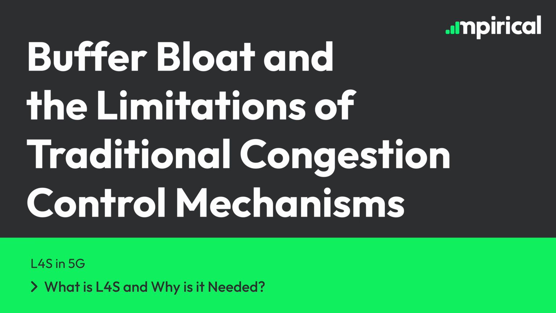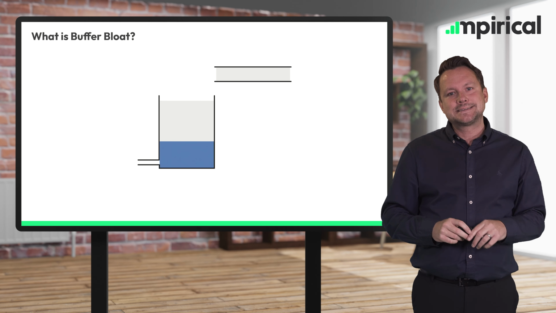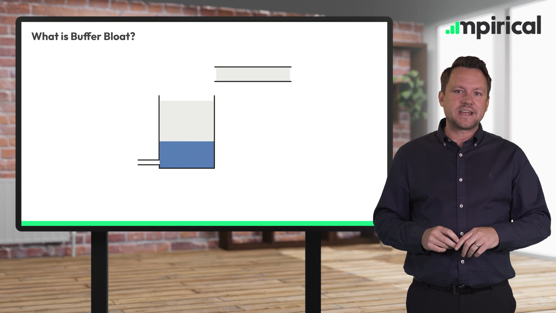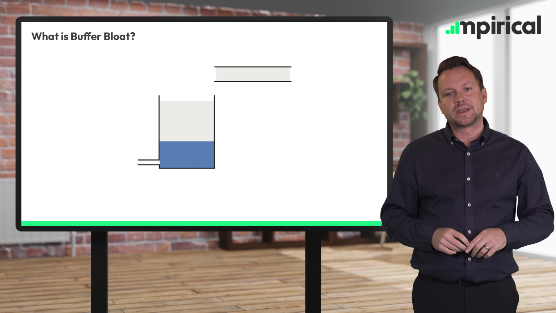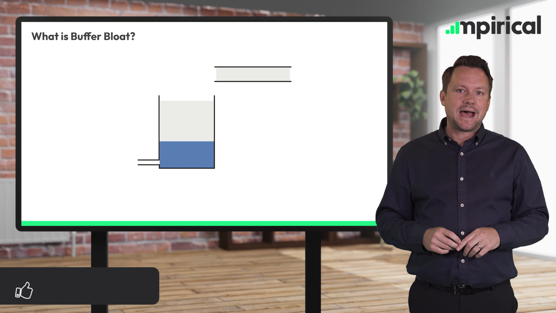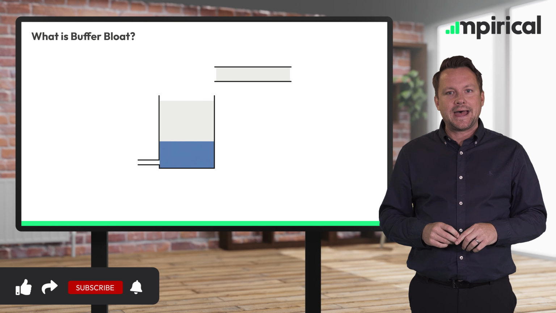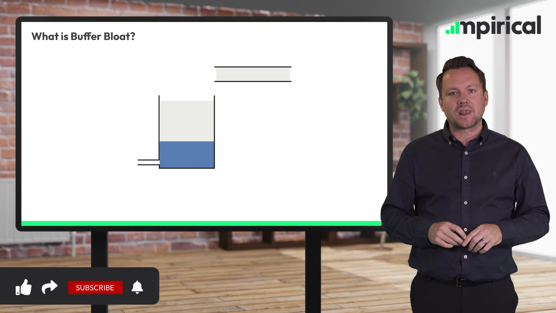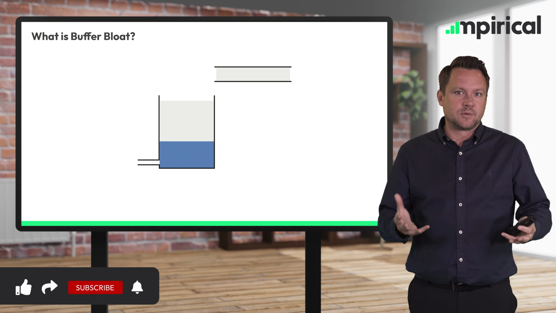Now, I've mentioned the concept of buffer bloat already. And to define it further, it's a term that we use to describe a degradation in network performance that is caused when buffer sizes at network gateways are too large. And what we see is large amounts of queuing traffic in these buffers. And because the buffers themselves are quite large, we don't see packet loss until the buffers themselves are completely full.